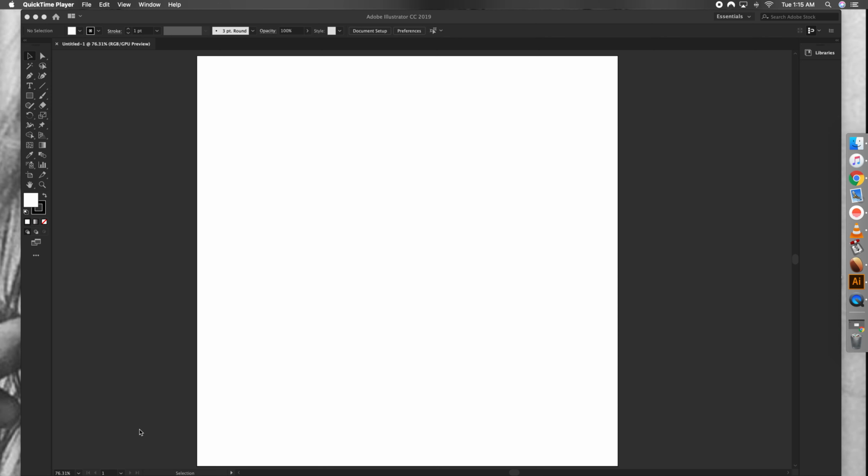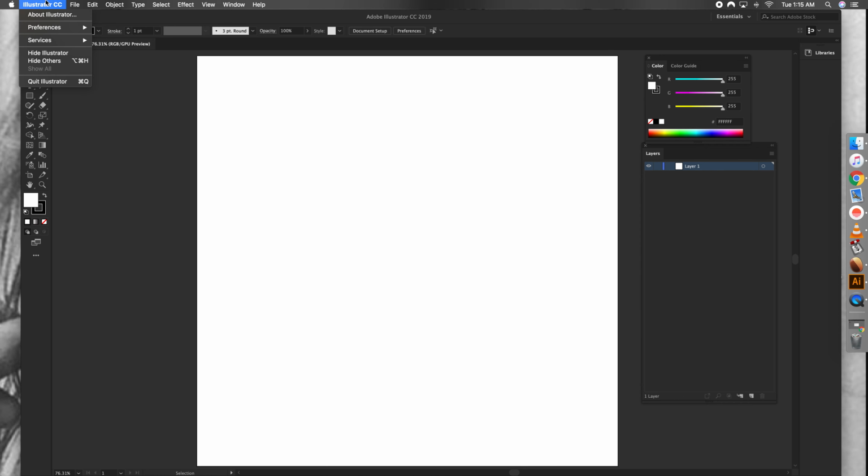Okay, so here we are in Illustrator. I've created a normal size document. This is 12 by 12 inches. You can create, just like last week, something that's about that same size. It doesn't matter too much. We're going to be file placing